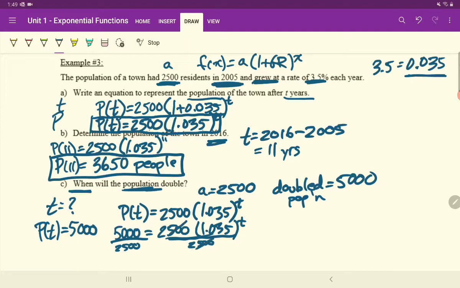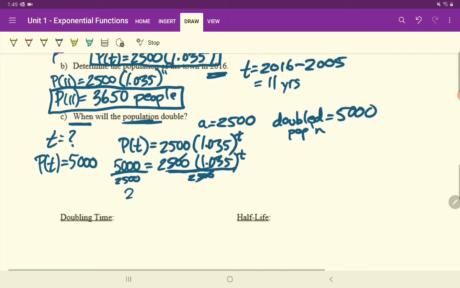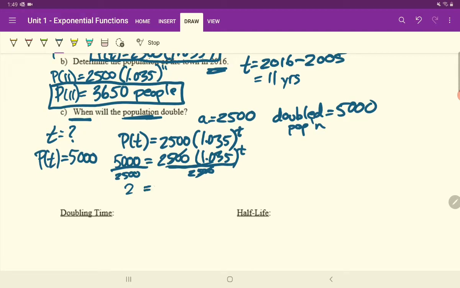So that it cancels on this side. And we're left with 2, right? 5,000 divided by 2500 is 2 equals 1.035 to the power of t. Not the way we want it. We want to